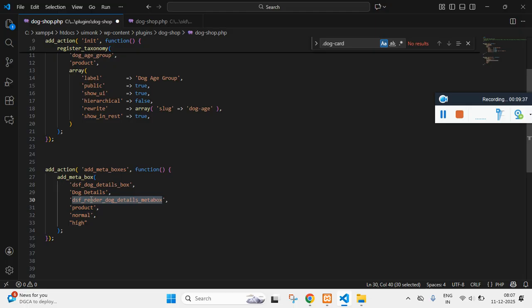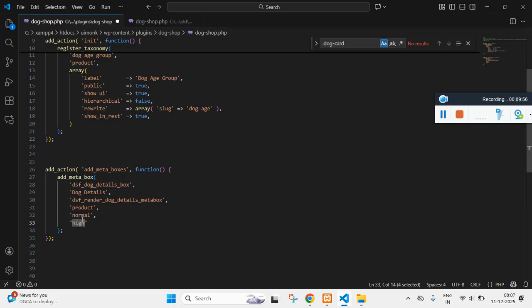We are just rendering the HTML. So we need three input fields that we will create with the help of this function, and I'm saying it is attached to the product type, and let the context be where you want to show it, on the left side or on the right side. So I said show it on the left side. If you want it to be on the side, you'll write side,